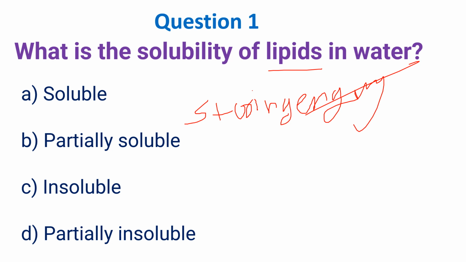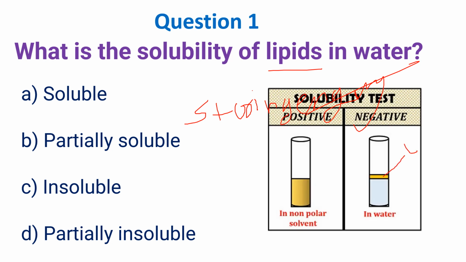You can see that in a solubility test, this yellow color is an oil or lipid and this is water. Oil and water are not soluble, but oil is soluble in non-polar solvent. What is a polar